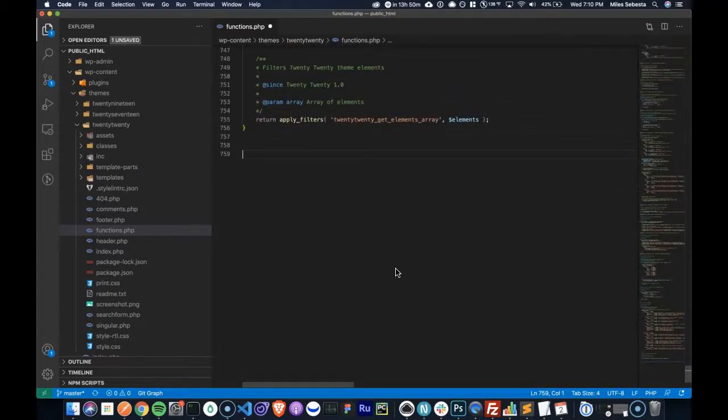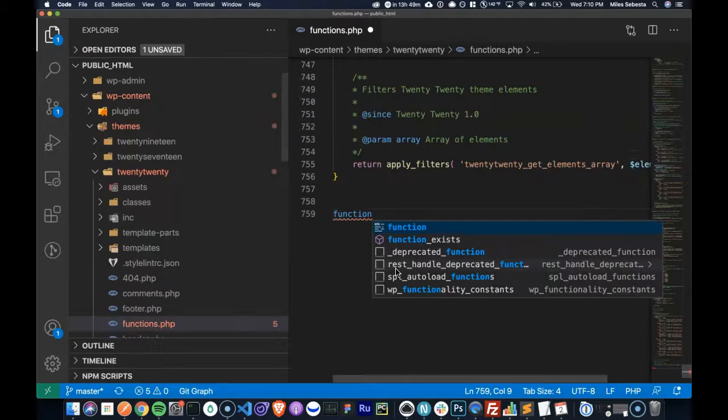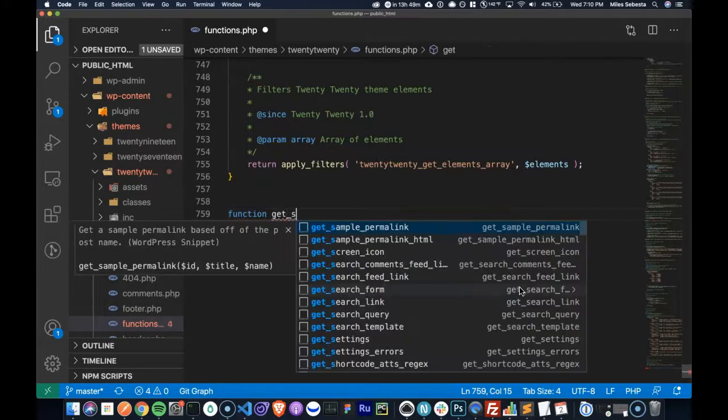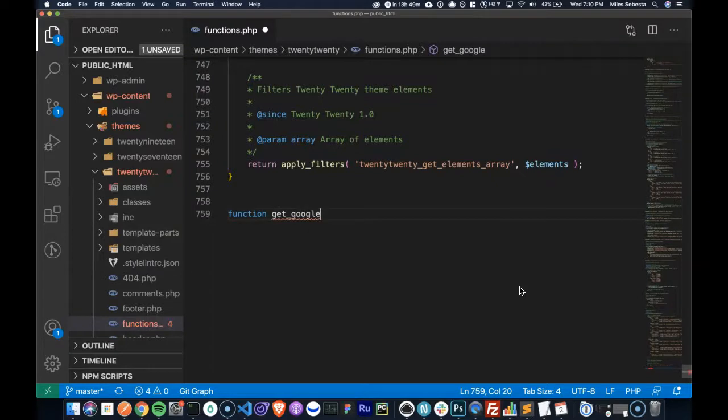So what I'm going to do is create a function. Let me zoom in a little bit first to make this a bit easier. All right, so I'm going to create a PHP function and I'm going to call it get Google Sheet Data.